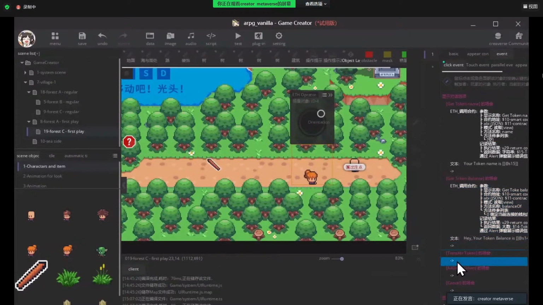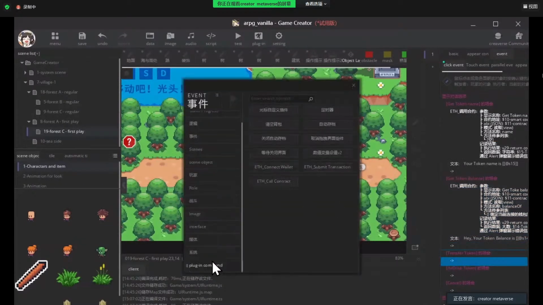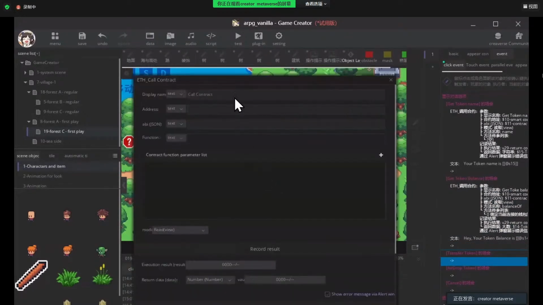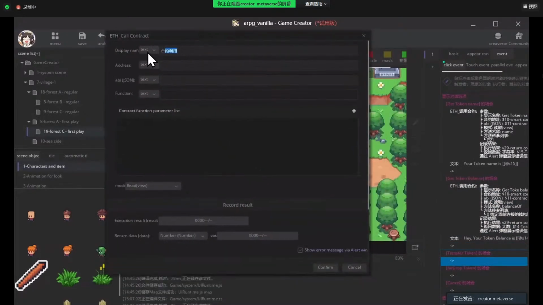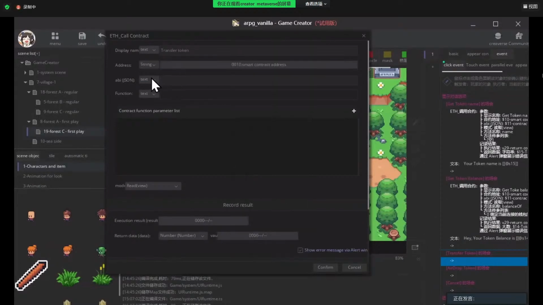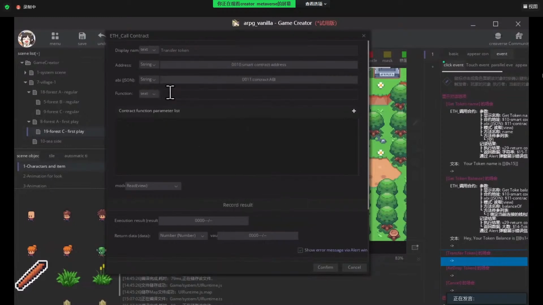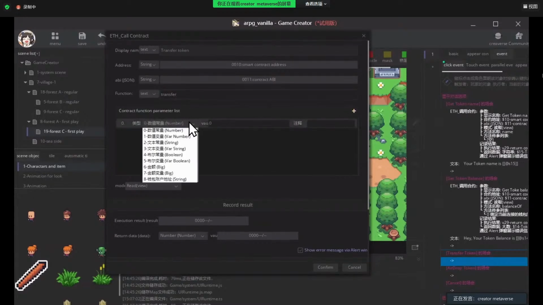Now we move to the next one, transfer token. Double click, plugin, call contract, transfer token, smart contract address, ABI, function transfer. And this function needs 2 parameters.